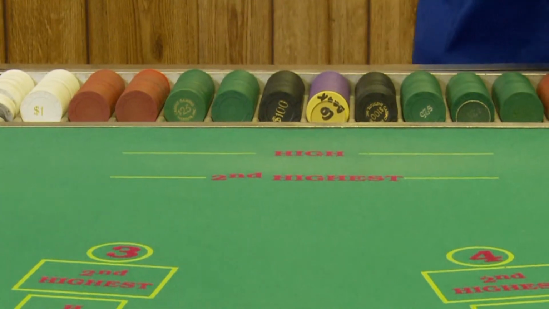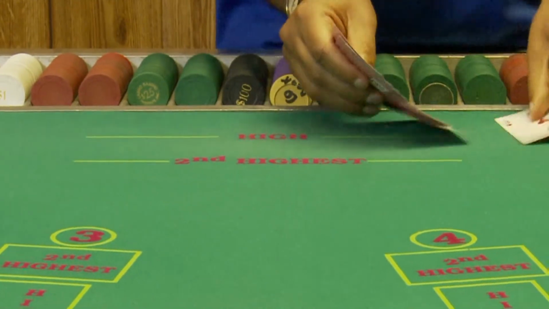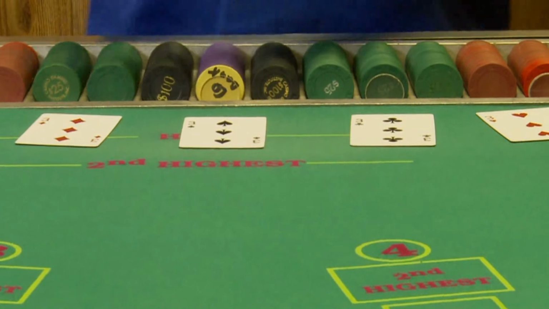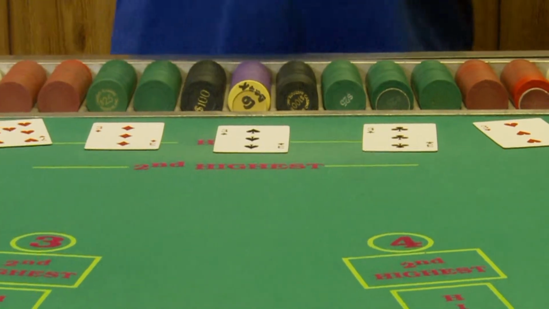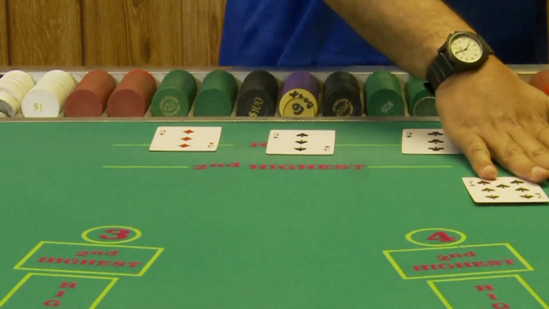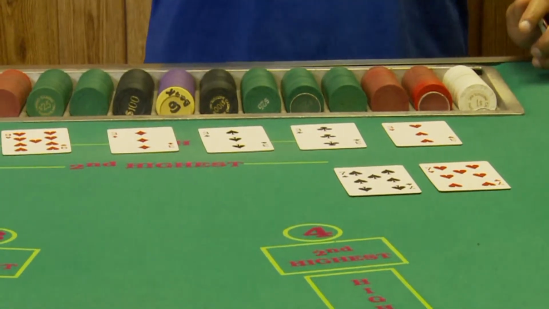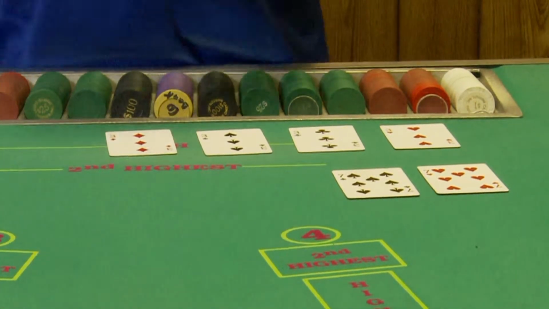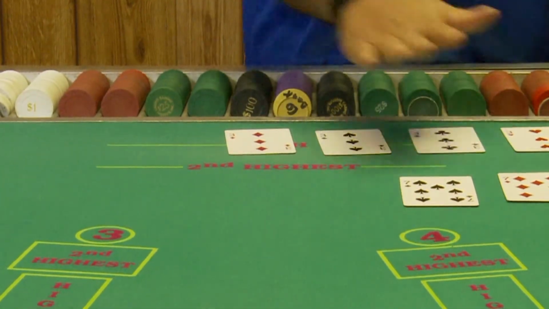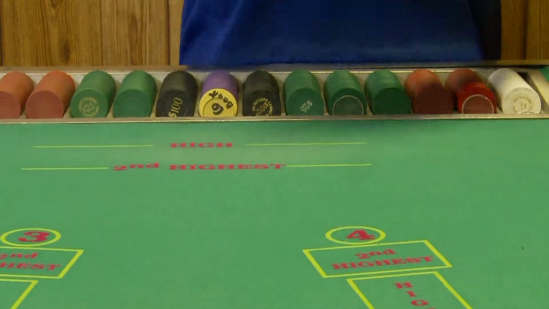Another thing we wanted to go over is the four of a kind with a pair, and the four of a kind with a three of a kind. When we have a four of a kind with a pair, we're going to play the pair on top and play the four of a kind on the bottom. It's going to look like this. And when we have a four of a kind with a three of a kind, you're going to play the pair on top, four of a kind on the bottom. All right, it's pretty simple